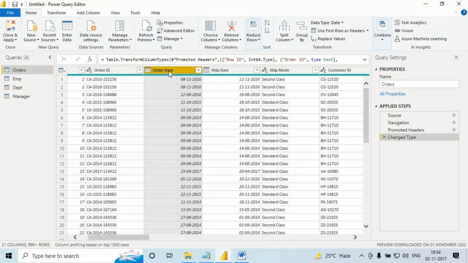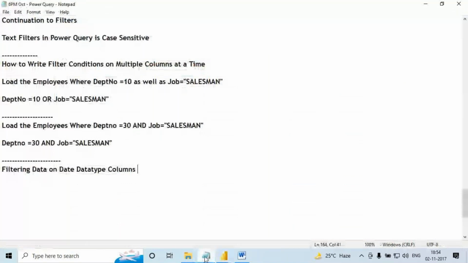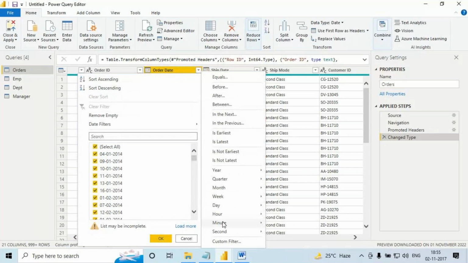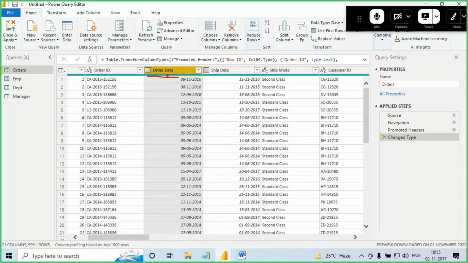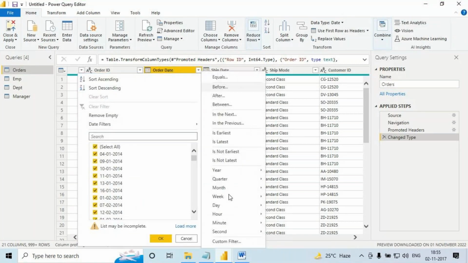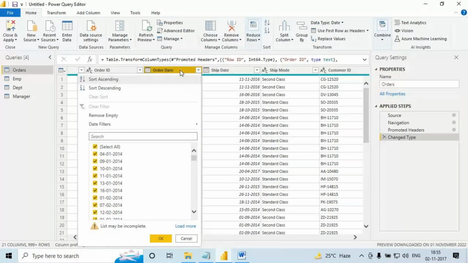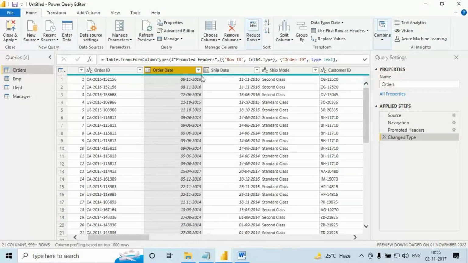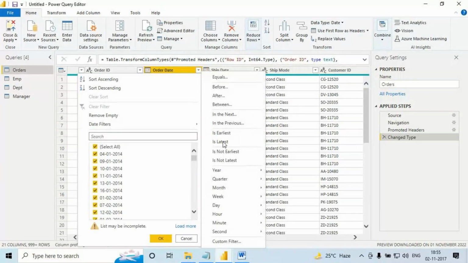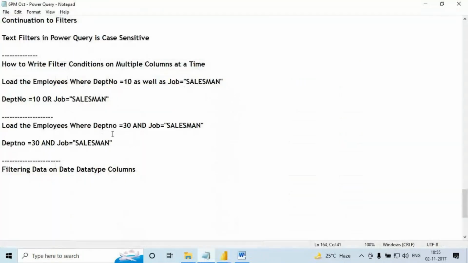Right, we understand how to filter the data on each data type column. You don't need to spend much time on it now. No one will ask in the interview about each option here. The only end goal is that they might give you a question: I want to load so and so data into the Power Pivot. When I want to load so and so data into the Power Pivot, what filtering option will you use? Based on the requirement, thoroughly understand the requirement and what data we need to load into Power Pivot. Based on that, you just go and choose the filtering option, and we filter it, guys. This is all about the filters. So far,